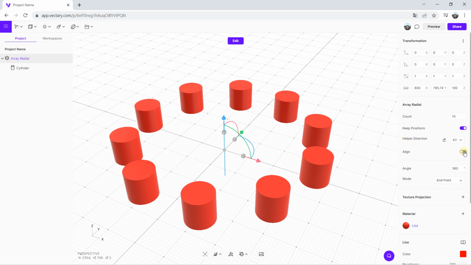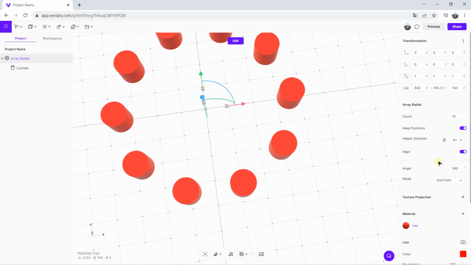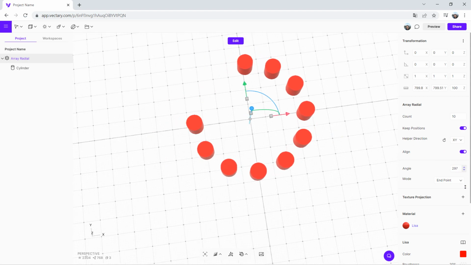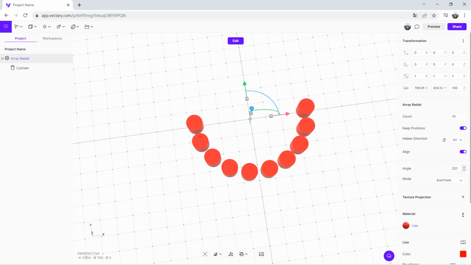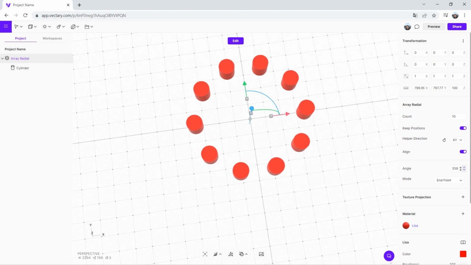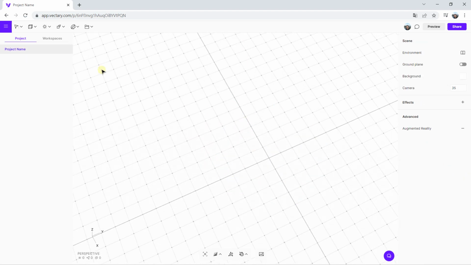And you can also work with alignment. Here it's when you use a cube. By default, I have 360 degrees. But if you want to make the half, you can decrease the number of degrees. Or if you want to make something perfectly radial, just enter 360. And you can make many things like this, not only this type of render.